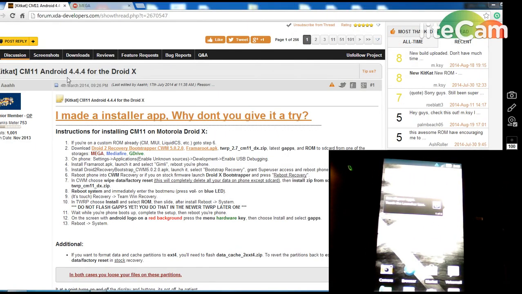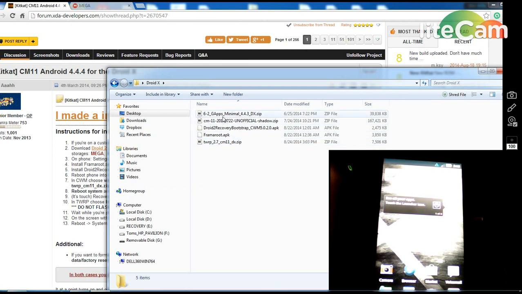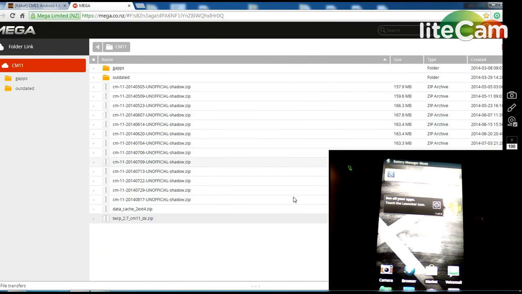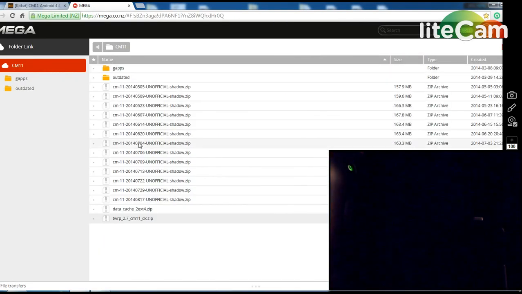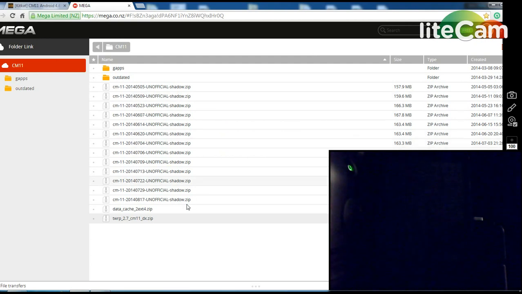Hello, today I'm going to be installing KitKat CM11 on the Droid X. We're going to need to download some files. You're going to need the Bootstrap, the Framaroot, Twrp recovery, Google Apps, and the ROM. Once you've downloaded these files here, these aren't the most current ones, they're just the ones I've had. Get the current ones here from this mega folder here, and